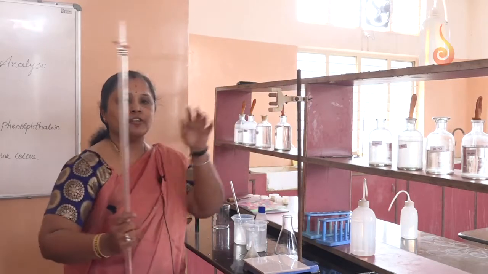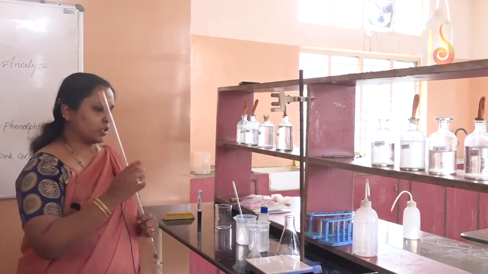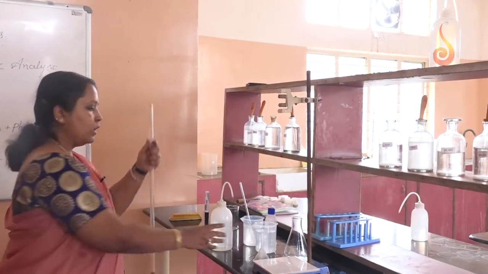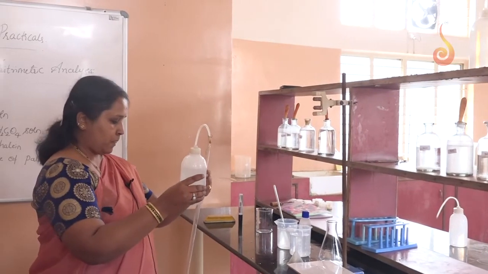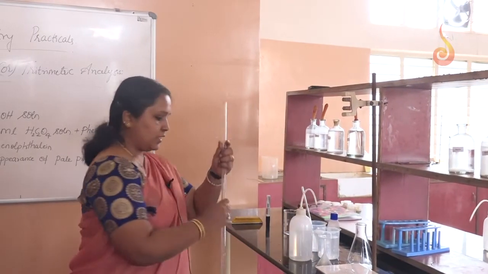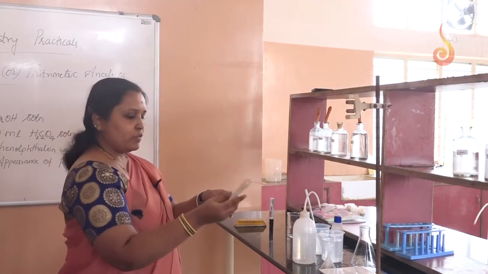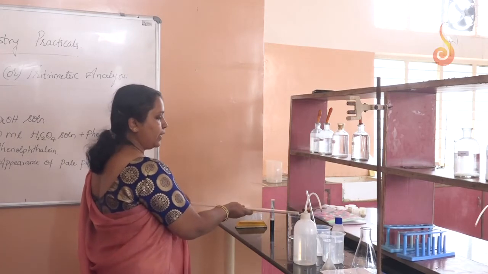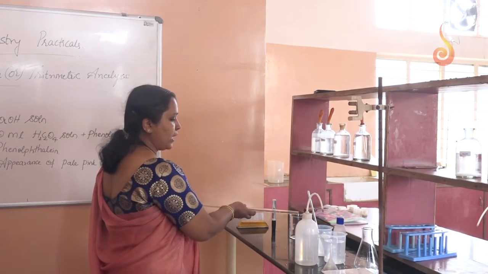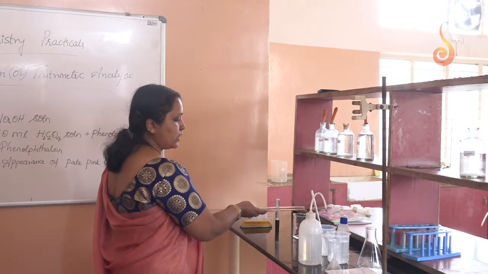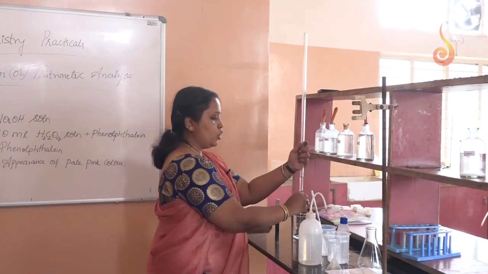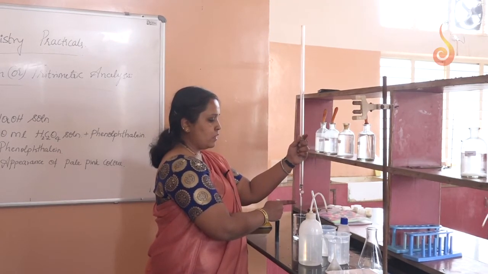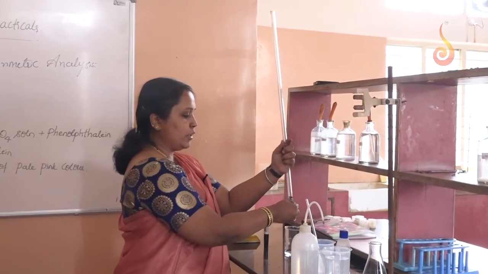I told you first of all we have to wash the apparatus with water. For washing, close the knob, fill the water. I have not filled the water completely, just roll the burette like this. While we are rolling, what is happening? The water is coming in contact with the entire burette and the entire burette is getting washed. Later on, wash the nozzle portion also by running down the solution like this. Now, the burette is washed.